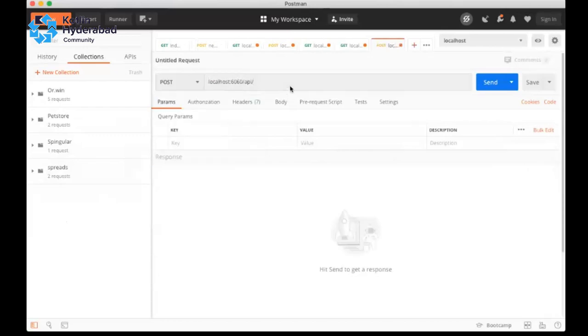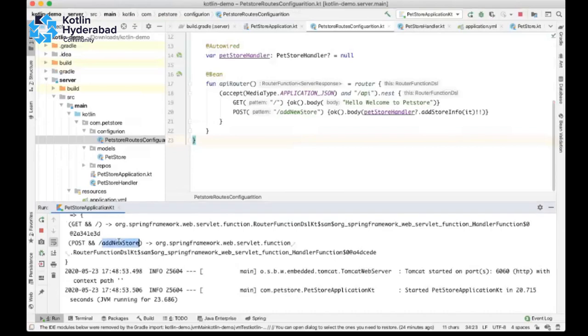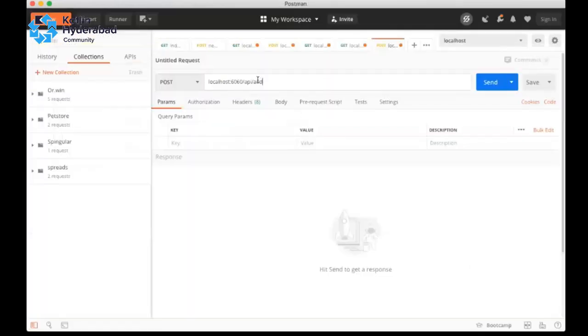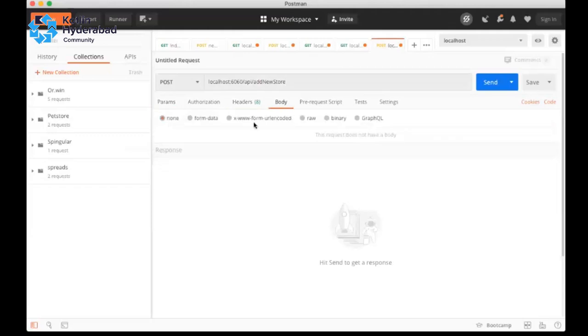It should be post add new store, and we will be having a JSON body.